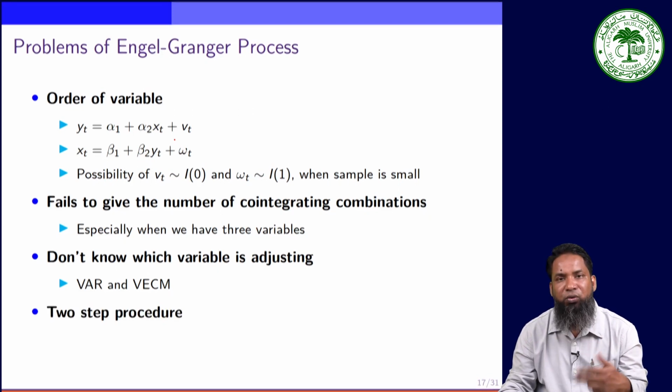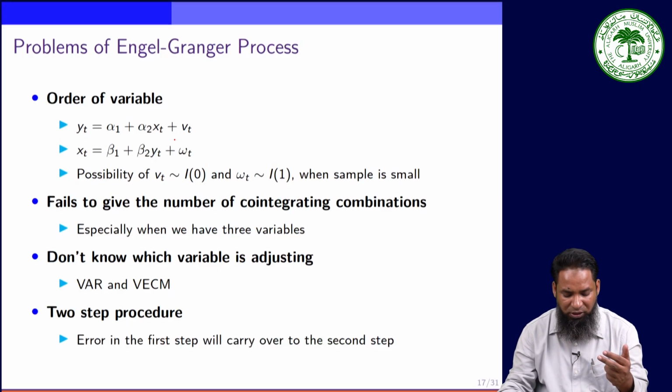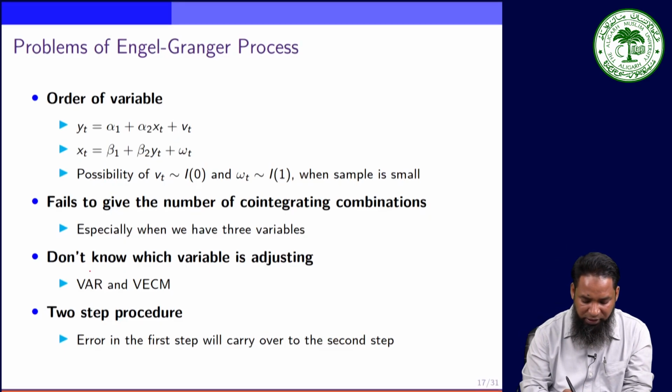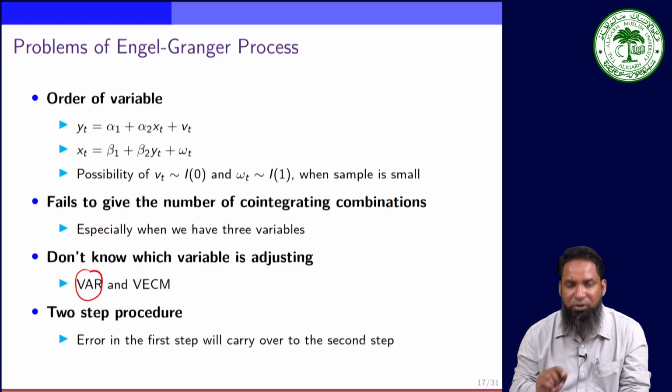Here we basically have a two-step procedure in the VECM, or the vector error correction model. So error in the first step will carry over to the second step. That is, error in the vector autoregression will carry over onto the